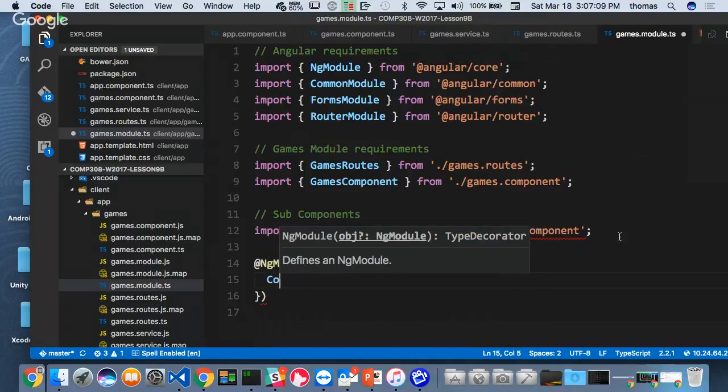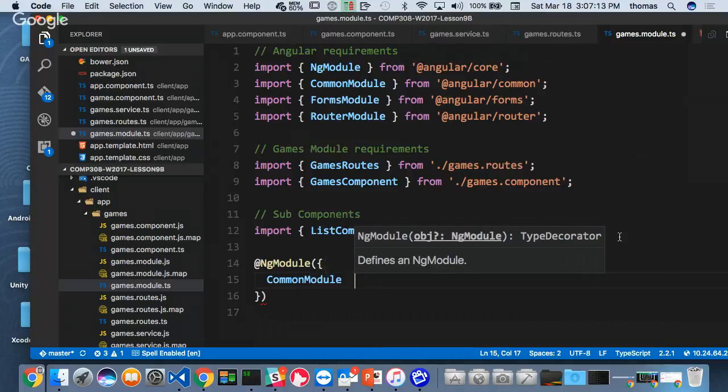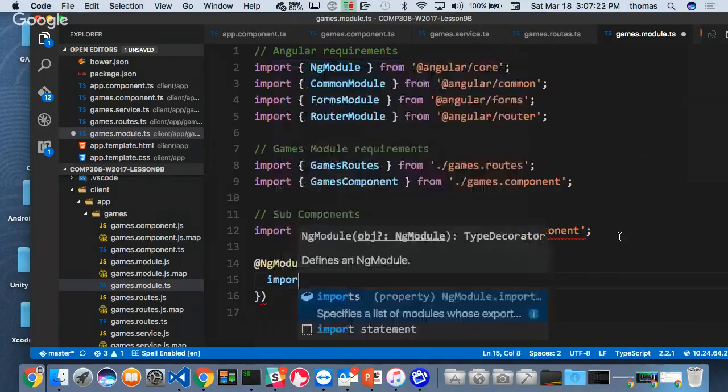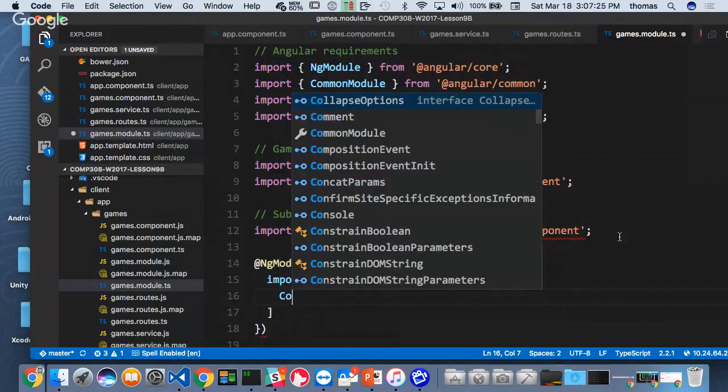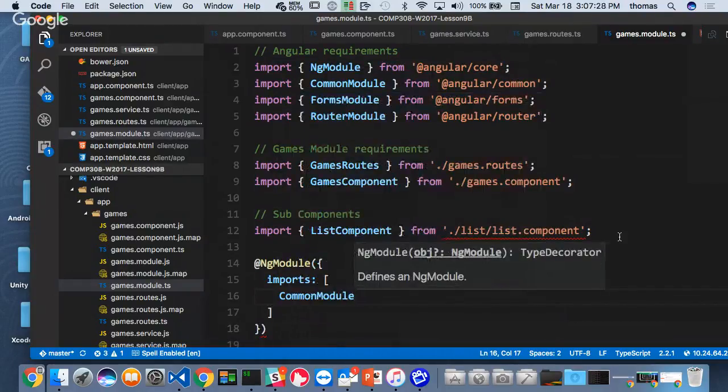Right? So if I start typing common module, actually I'm totally wrong. I meant imports. And inside there, we're going to go common module. I was looking at why I'm getting code hinting. And also, I want the forms module